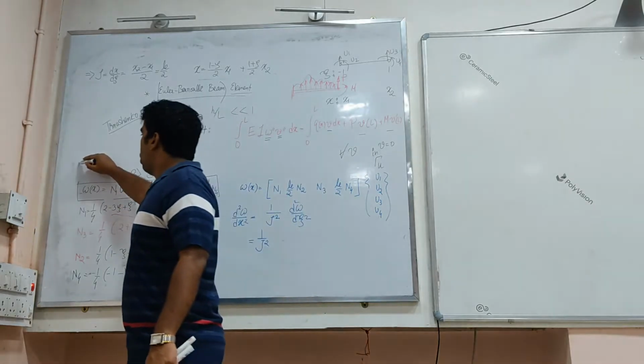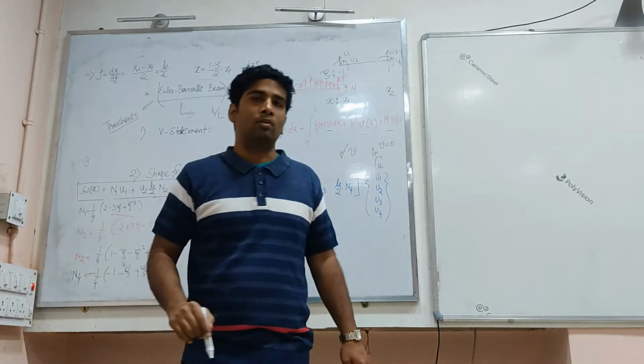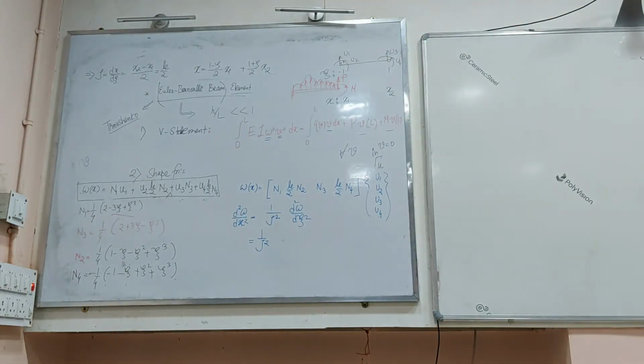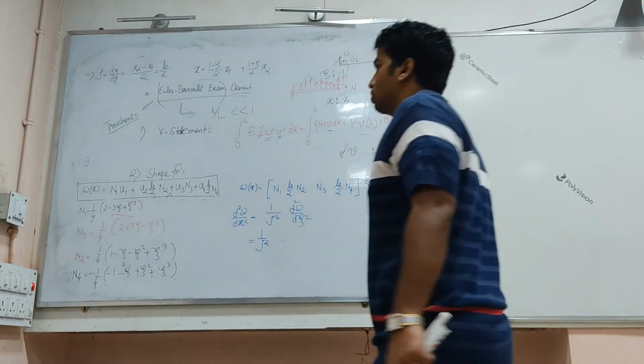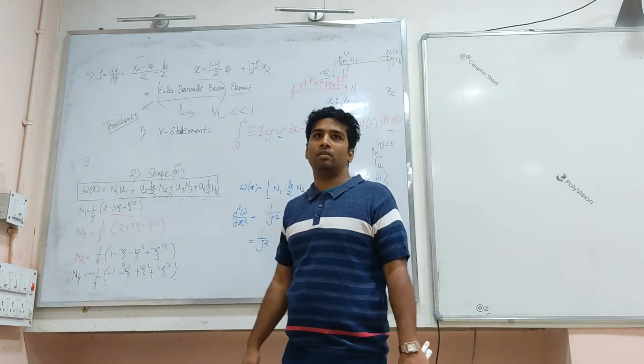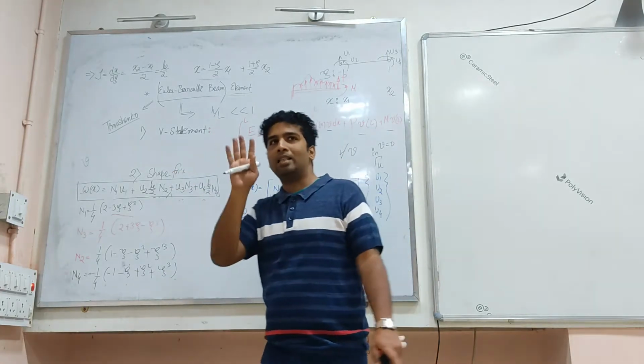Now the question remains, what sort of shape function for V must be used? Should I use that of X or that of W? For the variation, shape functions are only related to variation within the element. What set of shape functions must be used: the ones used for the physical coordinate or the ones used for the degree of freedom? Sir, degree of freedom. Yes, as simple as that.